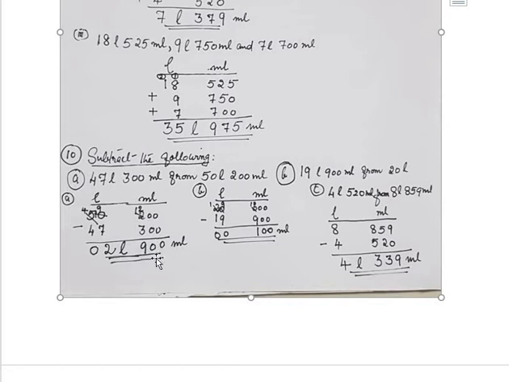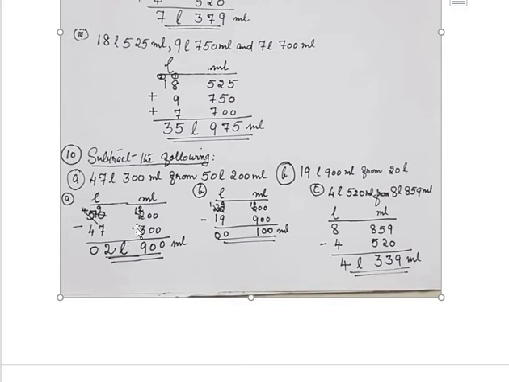So minus 0, 0, then here 2 and here 3. So what we will do, we borrow from the neighboring number. So here it is 0. So from the non-zero number we will borrow, make it 10. From this we will borrow here, this 2 becomes 12 and this 10 becomes 9, and this 5 becomes 4. Now 12 minus 3 equal to 9. 9 minus 7 equal to 2 and 4 minus 4 equal to 0. So the answer is 2 liter 900 milliliter.